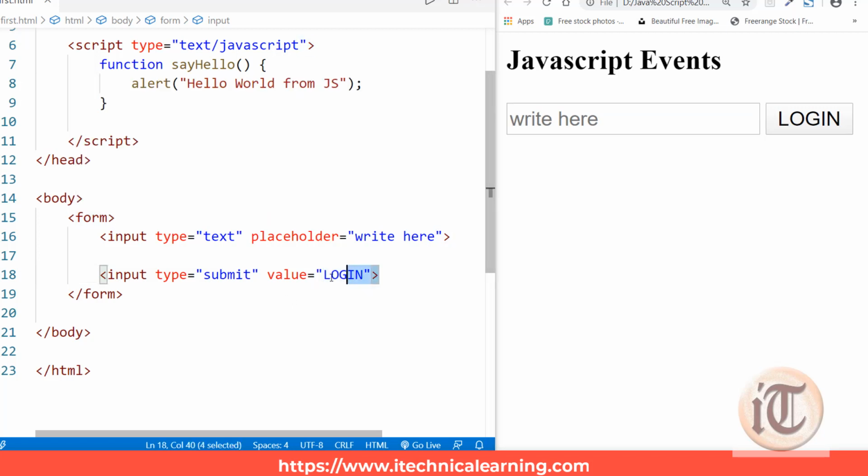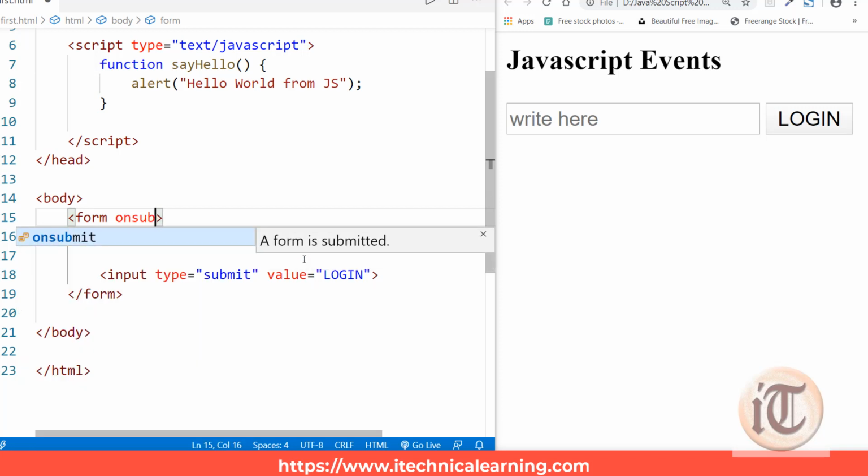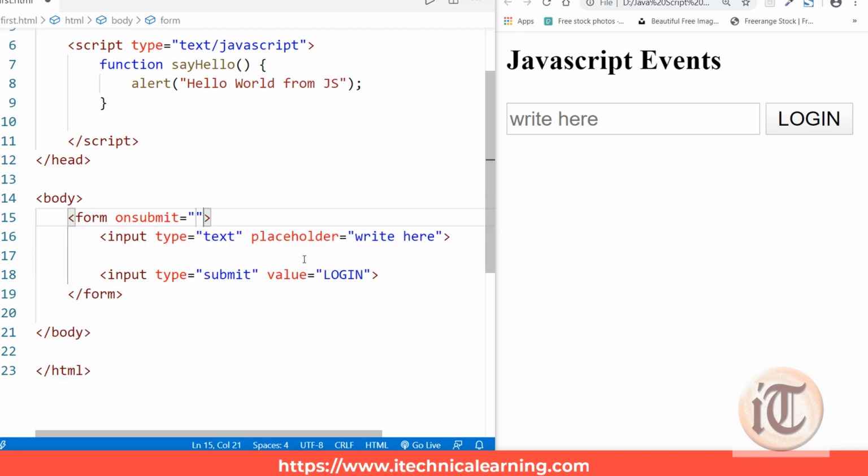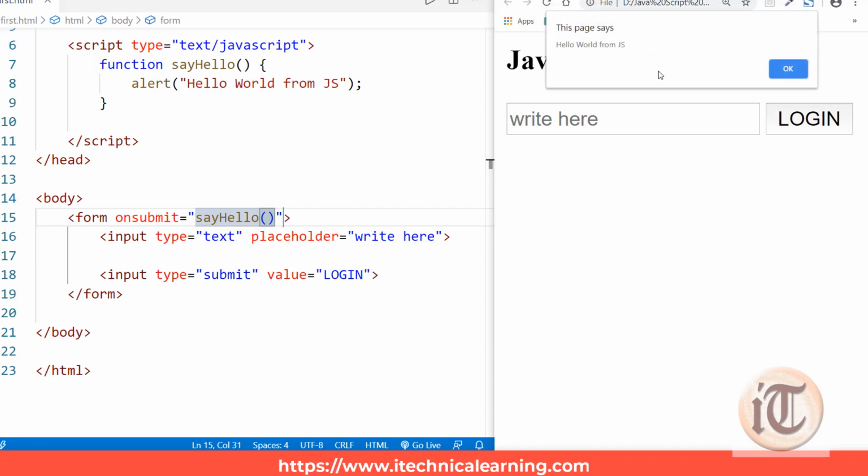As we know, this submit button is associated with the form, so we have to call an event at form submission. So we'll say form onsubmit. This is another event handler. On submit, I'll call the method sayHello. When I refresh the page and click login, you can see it generates hello world from JS.